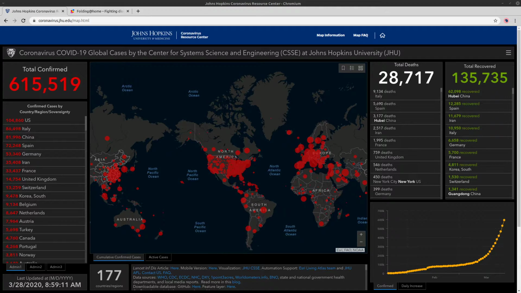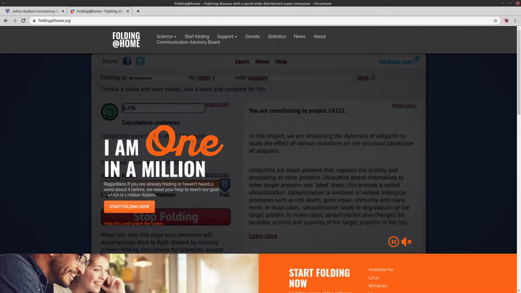You might have heard of this thing called the coronavirus that pretty much has the entire world on lockdown. It's a scary thing, especially for older people who are most affected by it. But we don't have to worry too much since we're all inside on our computers all day. But there is something that we could be doing to help find a cure, and that is to run Folding